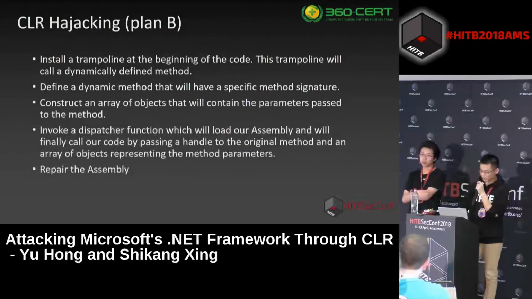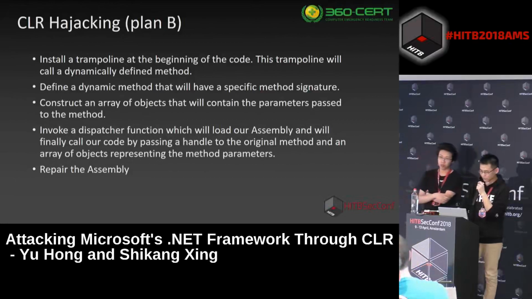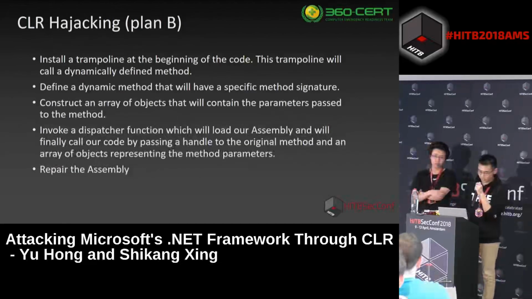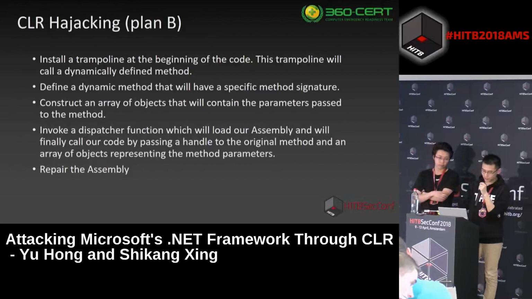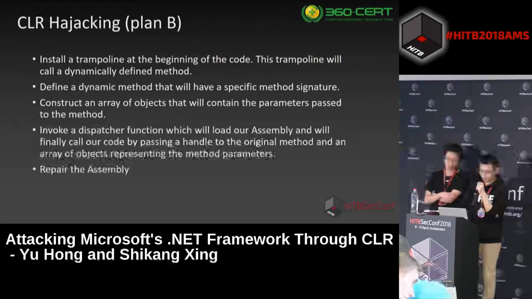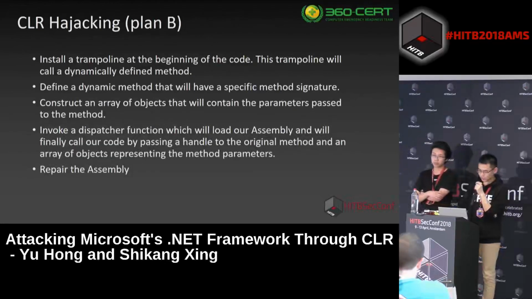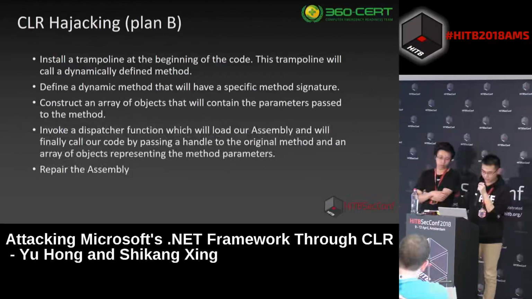Therefore, the flexibility of Plan B is greatly improved. Its physical use is to install a trampoline at the beginning of the code, and the trampoline is defined as a dynamic method that we have, the special method script, and the last end represents